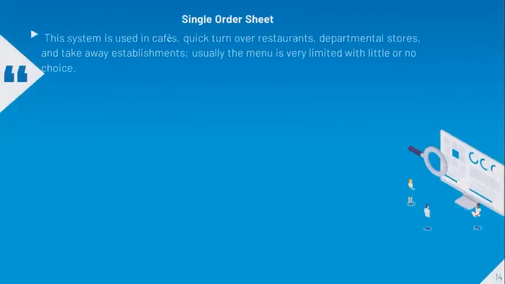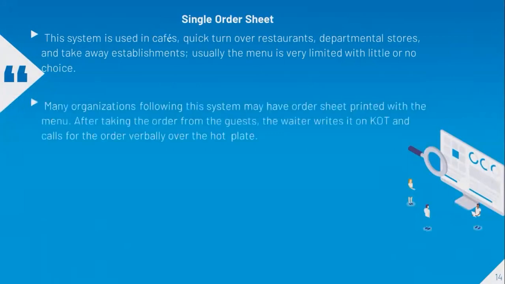So we are talking about single order sheet now. This system is used in cafes, quick turnover restaurants, departmental stores. Many organizations following this system may have order sheet printed with the menu. So after taking the order from the guest, the waiter writes it on the KOT and calls for the order